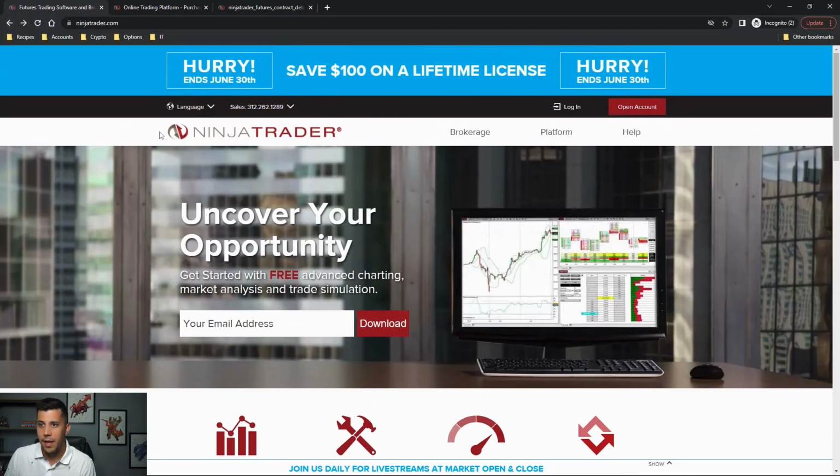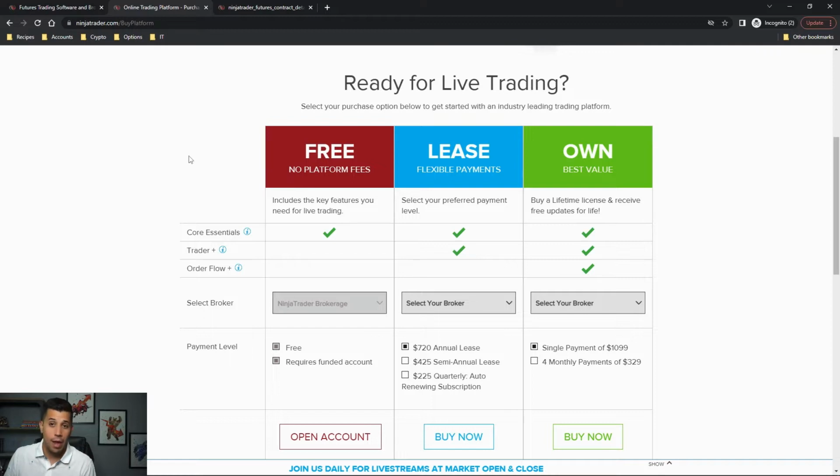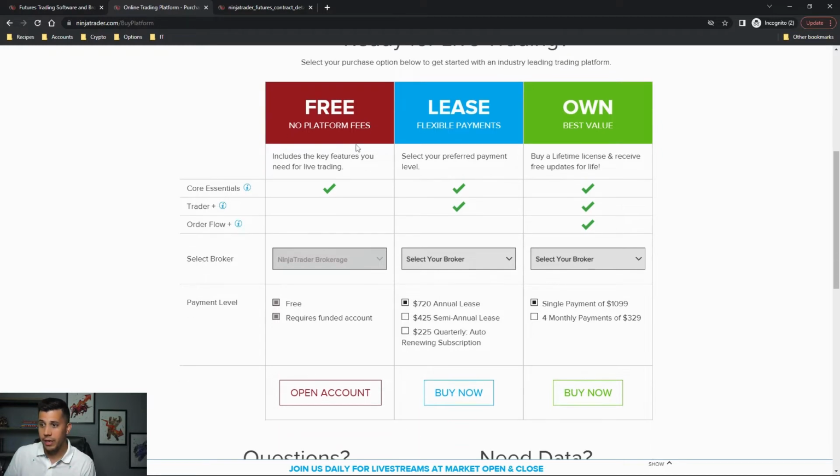Okay. Going into the platform, which I have pulled up here, there's the Ninjatrader Platform. Now, you don't have to be a part of the Ninjatrader brokerage to take part in the platform. They support a lot of different brokerages, and you may want to use this with your brokerage. You can see a list here. There are a lot of brokers, and you could trade with even TD Ameritrade, Interactive Brokers supports it,